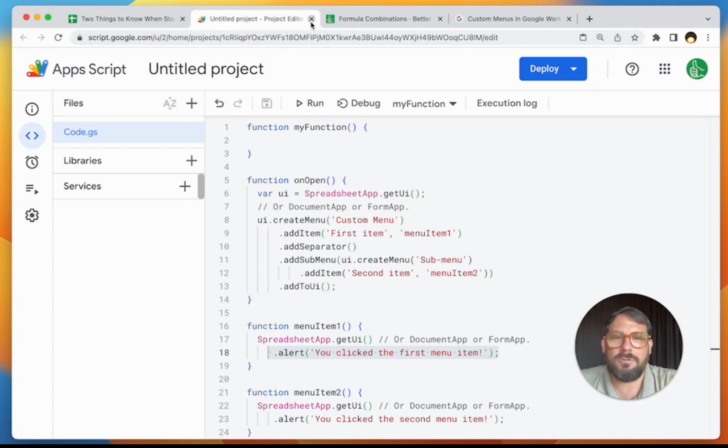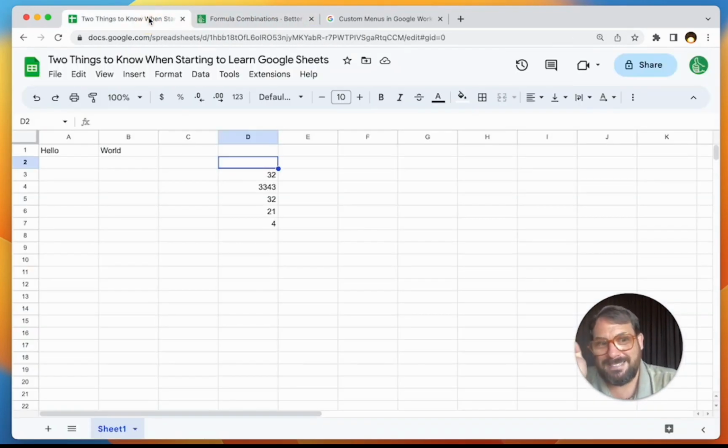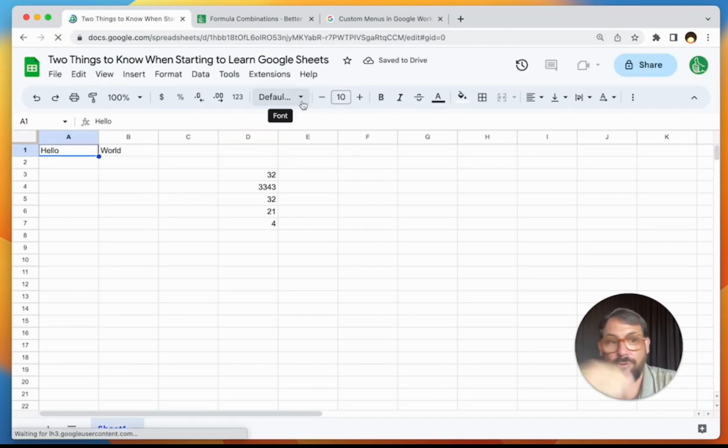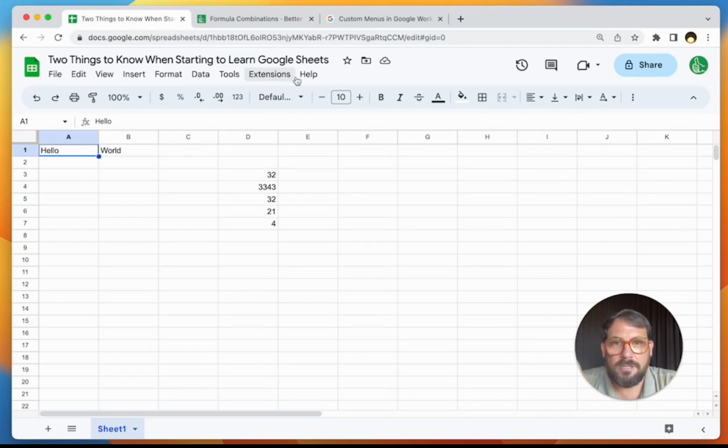So you can actually close this now, but make sure you save it before you close it. It will not save automatically. That's one crazy thing about AppScript. But now I'm going to hit refresh. This sheet is going to reopen, basically open again. And in a few moments, we will see